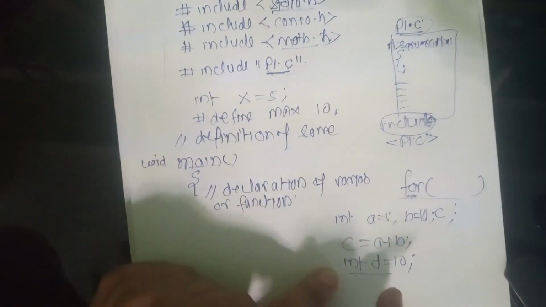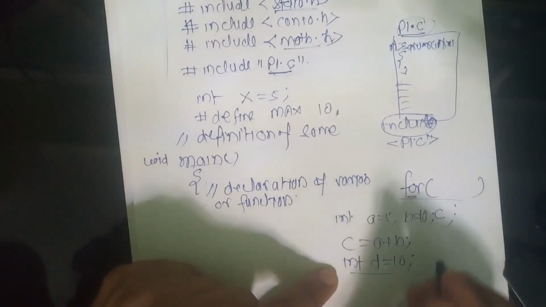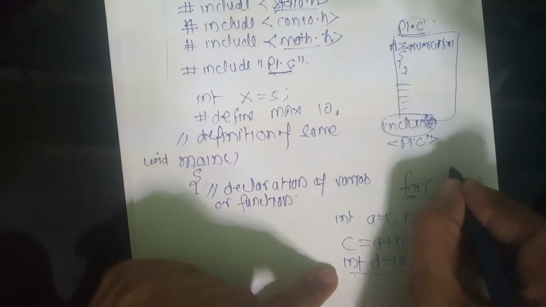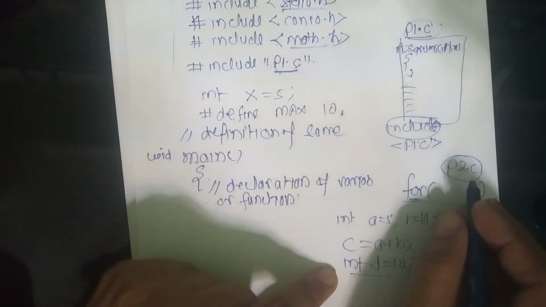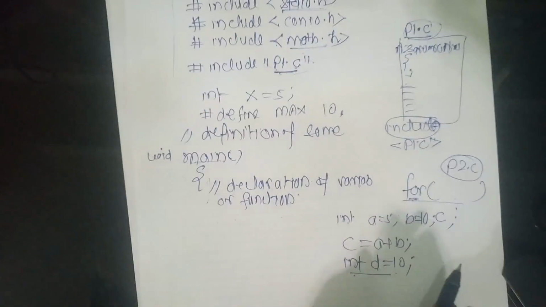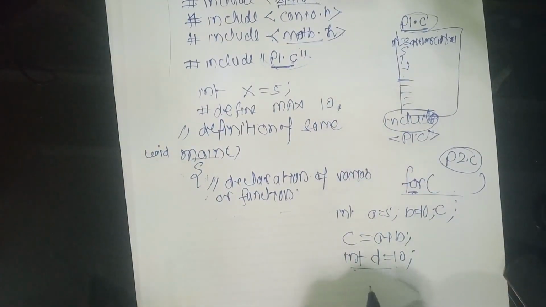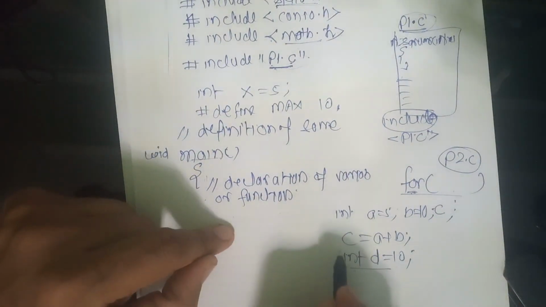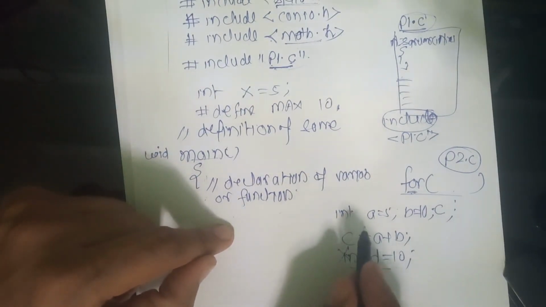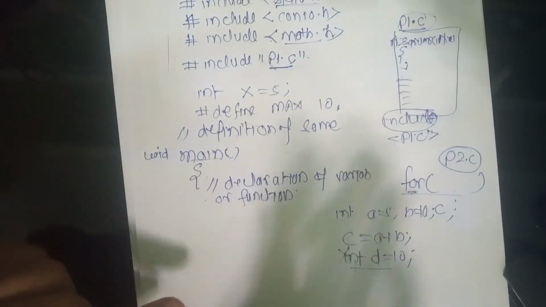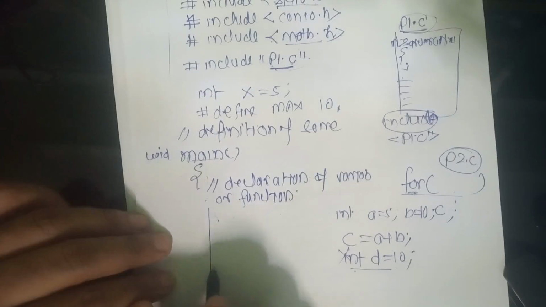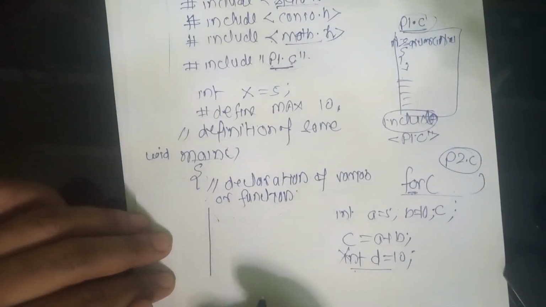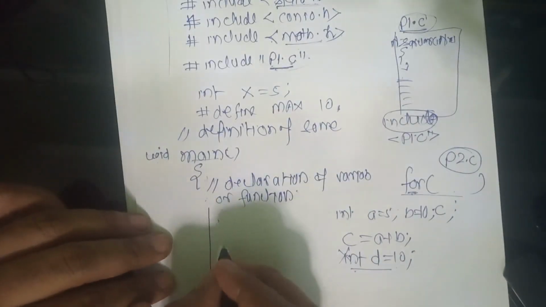But to check whether this is an error or not, you have to save the program with a .c extension, like p2.c. If you save the program with the .c extension, then this will show an error. That is, declaration you cannot do dynamically, that is, in the middle of the program. This is done. Now after that you can write the statements, calculation steps, and this will be called the